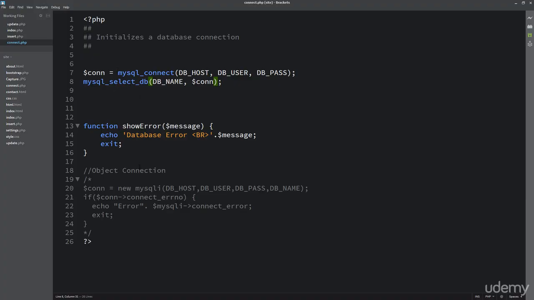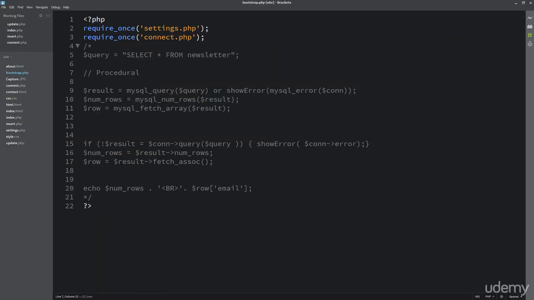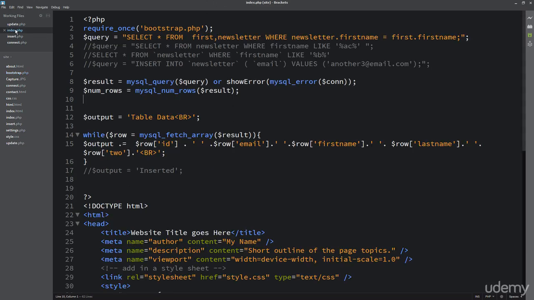So although the object connections and writing the actual connections are slightly different, the code that we're going to be using is going to illustrate how to do the connection and run the queries in both object and procedural. So we're going to be writing out queries, and they can be either run through the object method or they could be run through regular procedural methods. So whichever way that you prefer, we're going to be mainly focused on the queries, how to write them, and